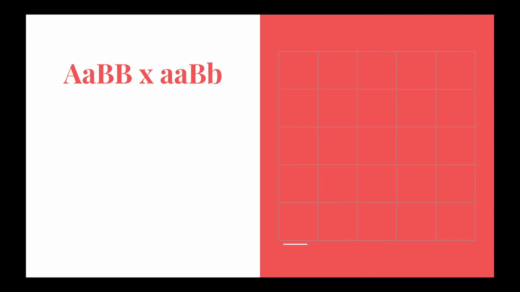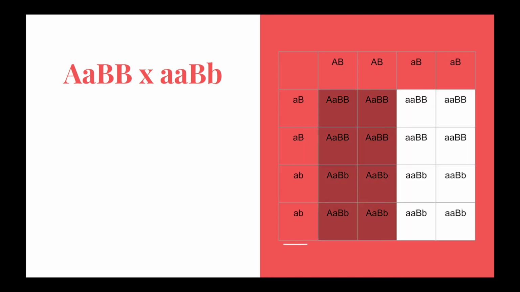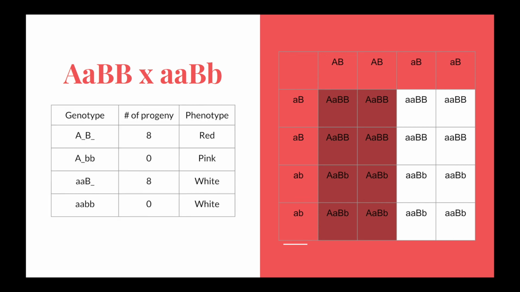Let's look at another cross between big A, big B, little a, big B, little b. Same as the last example, we can complete the dihybrid cross to determine the genotype of the progeny. Then, following the rules of epistasis, we can determine the phenotype of each progeny. Then we can complete the chart and see that we only get 2 phenotypes. Half of the progeny will have red hair, and the other half will have white or colorless hair, even though they have different genotypes.